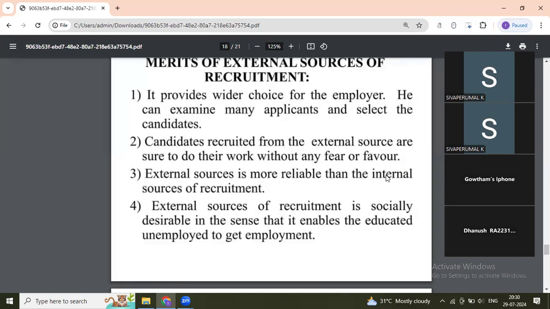And the fourth point is we will go for external sources, then we can go for